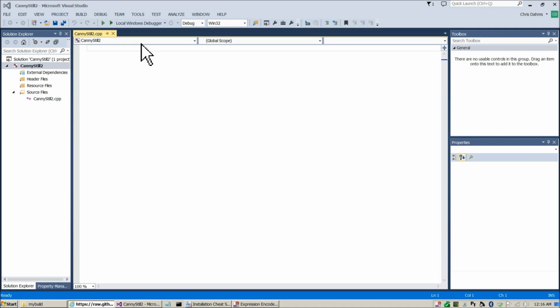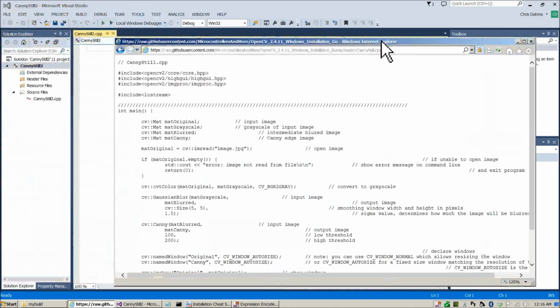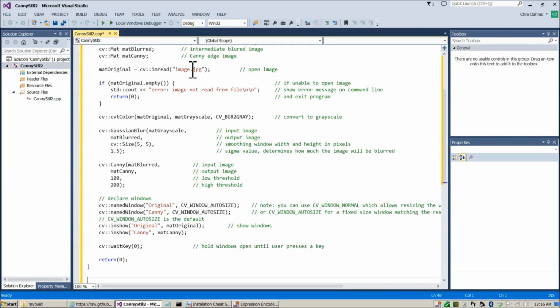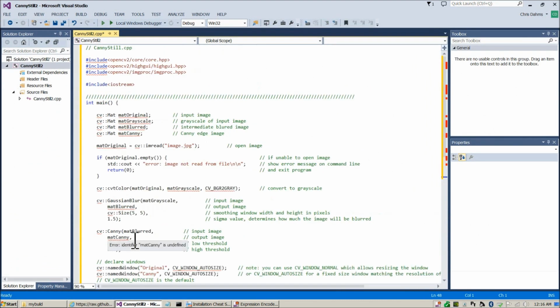Okay, and then we're going to copy and paste in this example here from my microcontrollers and more GitHub page. And of course we're going to get a whole bunch of red underlines because we have not told Visual Studio yet where OpenCV is. So following along in the cheat sheet, I just forgot a step here,